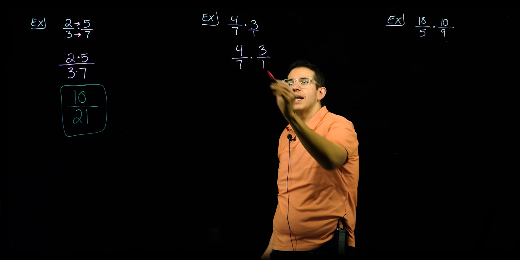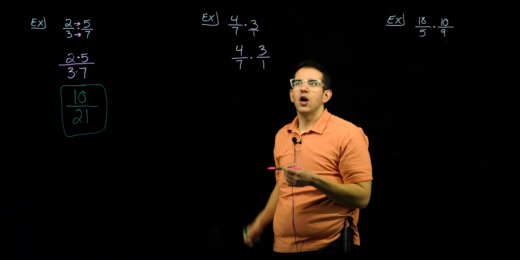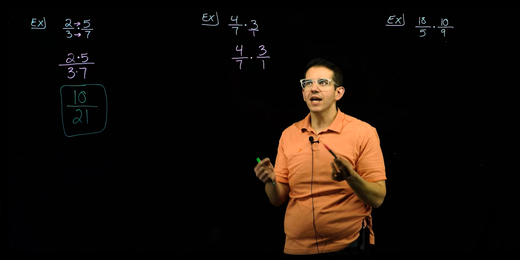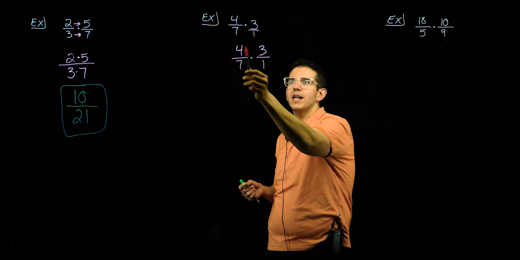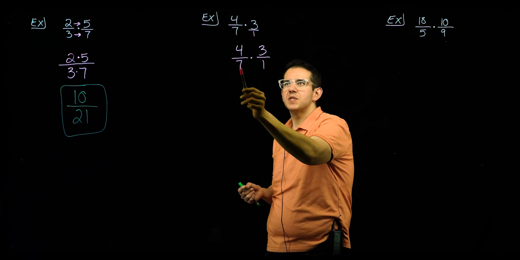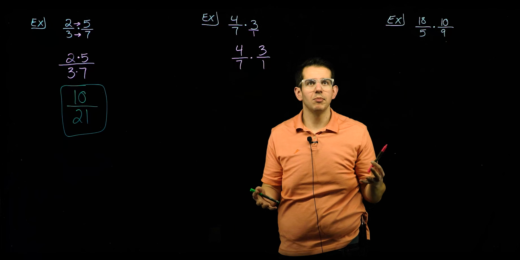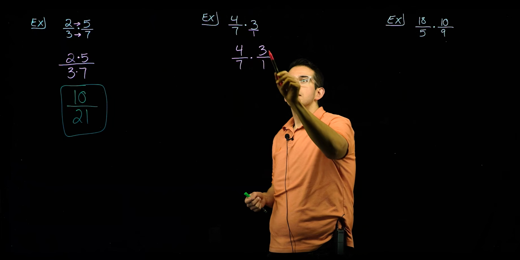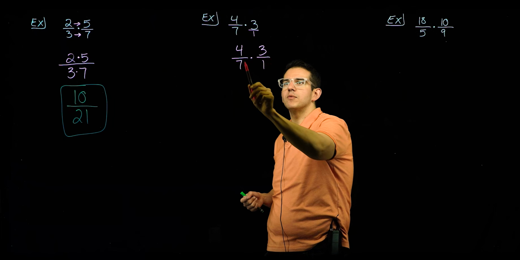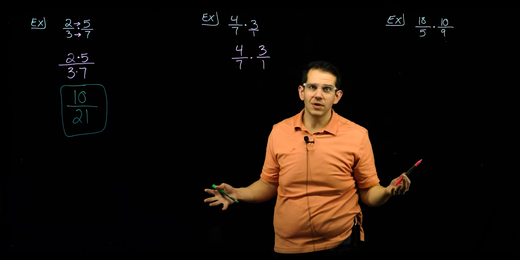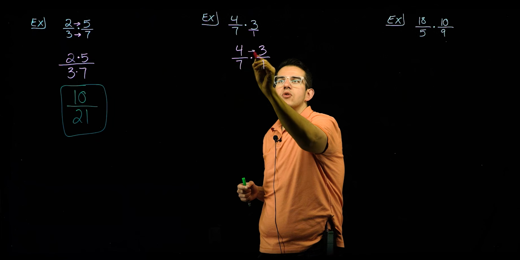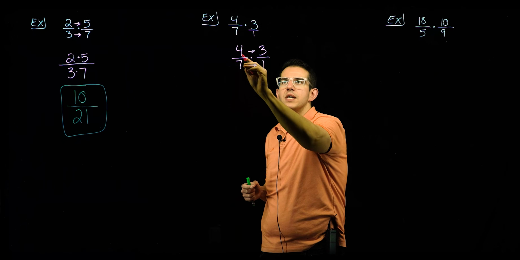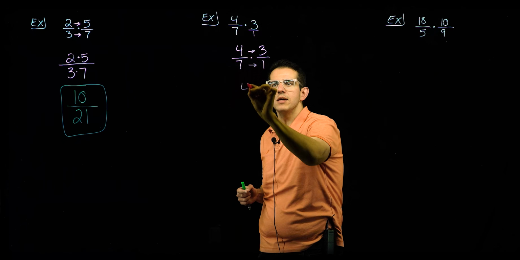And now we're going to check again. Are there any common factors that will cancel from the top and bottom? Does 4 have anything in common with 7 or 1 that they're divisible by? They do not. Does 3 have anything in common with 7 or 1? They do not. So we can begin just multiplying straight across to get 4 times 3 in the top